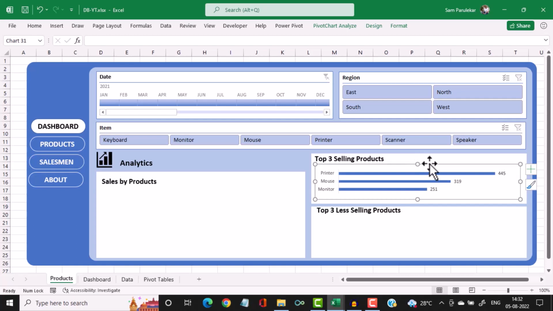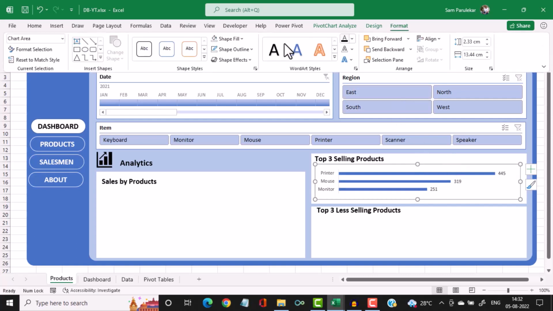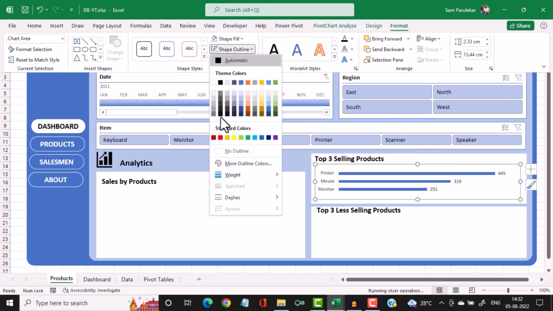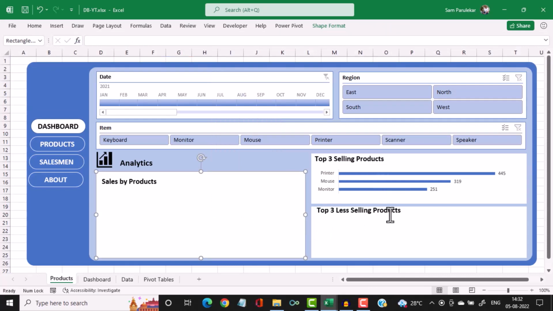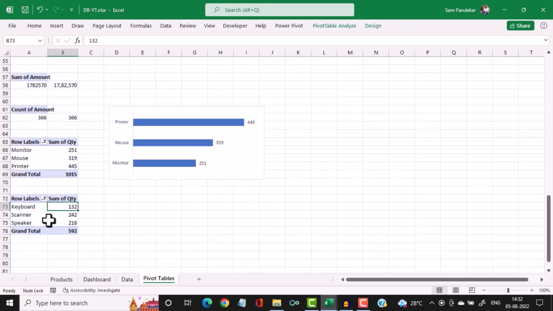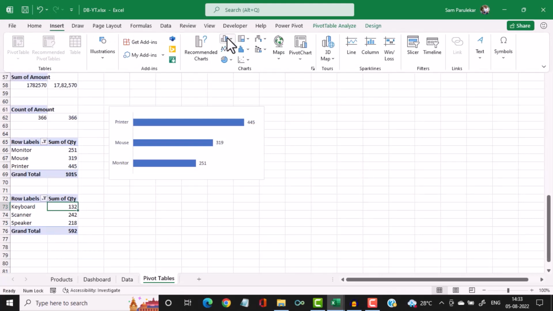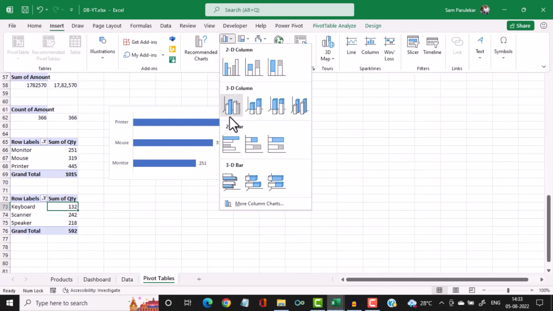And then I don't want this outline, so I select format, and shape outline I select no outline. So you have the graph ready. And same way we want the top 3 less selling products. So again I click on pivot table, click anywhere inside this, insert, and I select graph, and I select 2D